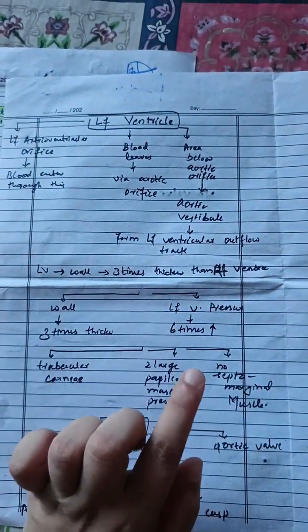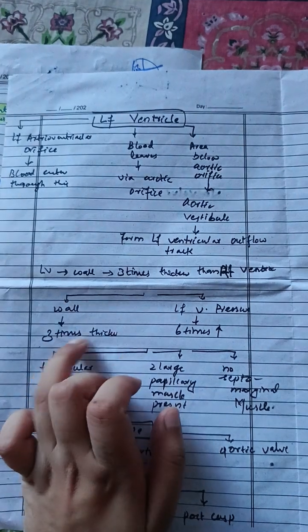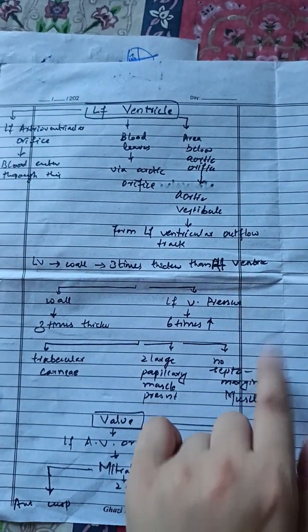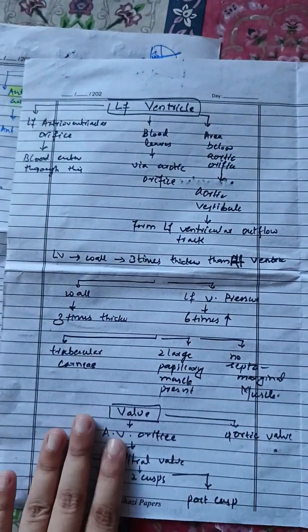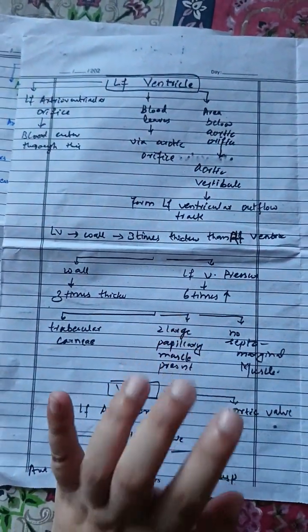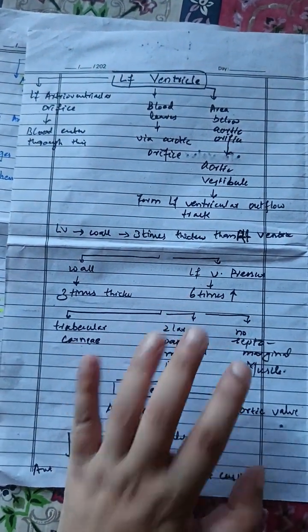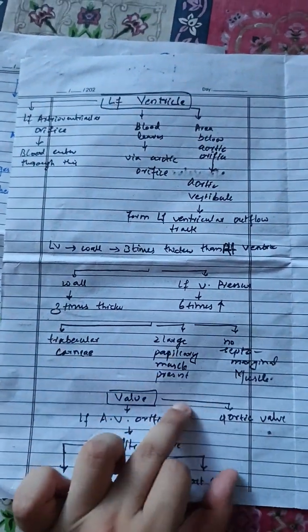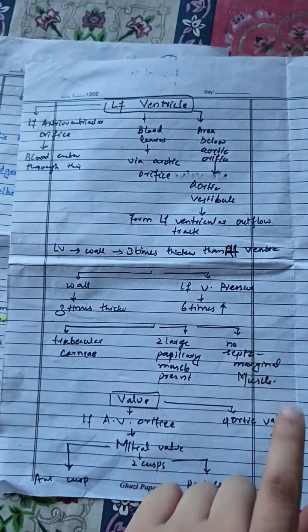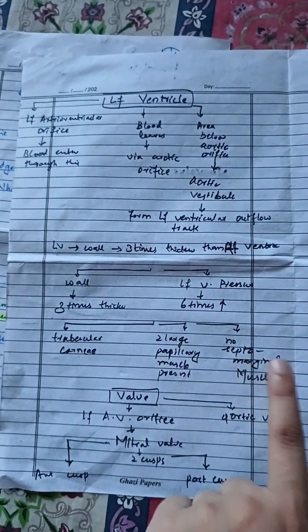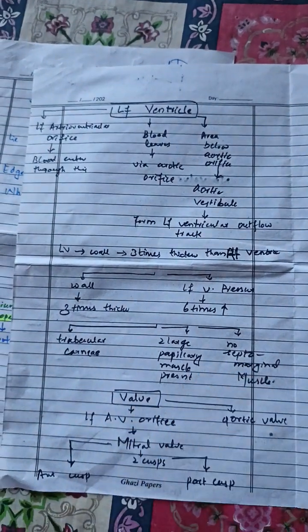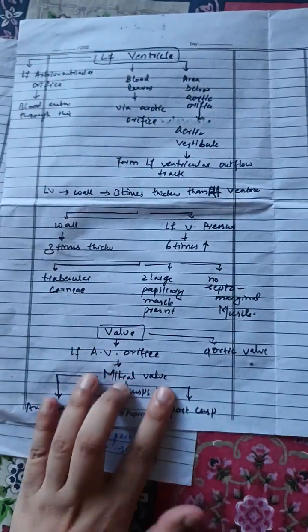The left ventricular wall is 3 times thicker than the right ventricular wall, and the pressure in the left ventricle is 6 times greater than in the right ventricle. There are also muscle ridges in the left ventricle, as we have discussed in the right ventricle: trabeculae carneae, with 2 papillary muscles, but there is no septomarginal muscle. We have discussed that there is a septomarginal muscle in the right ventricle, but in the left ventricle there is no septomarginal muscle, and the valves